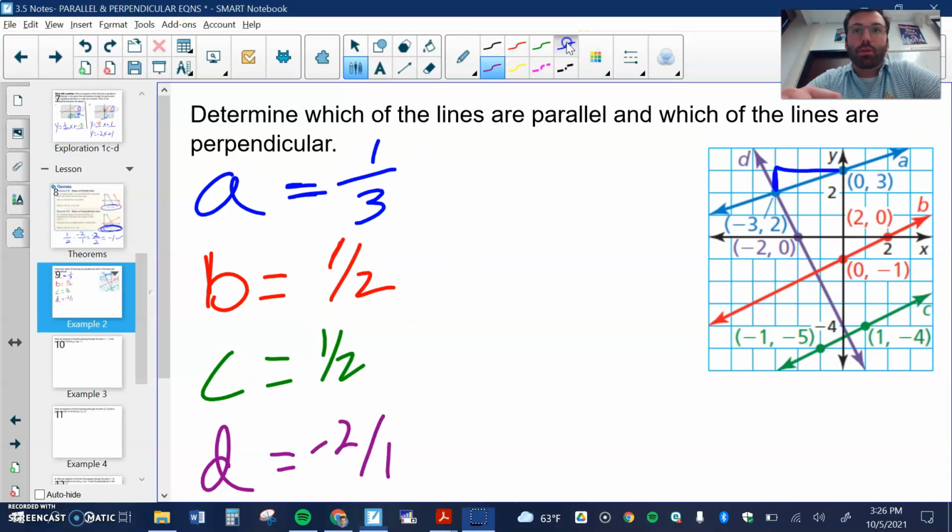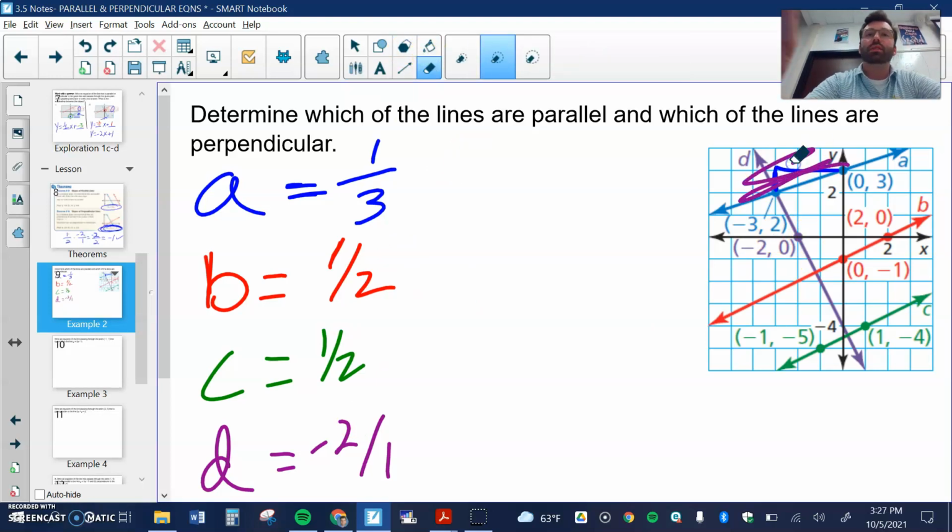Here are my slopes. I got 1/2 for B, up 1 over 2. 1/2 for C, up 1 over 2. Then negative 2 over 1, down 2 to the right 1, for line D. Remember, if I look at these 4 lines, I can see that